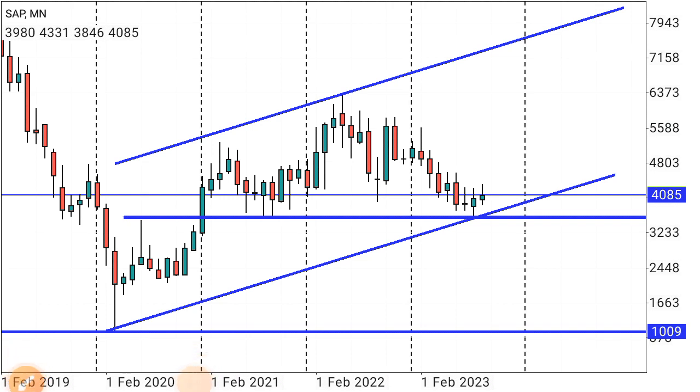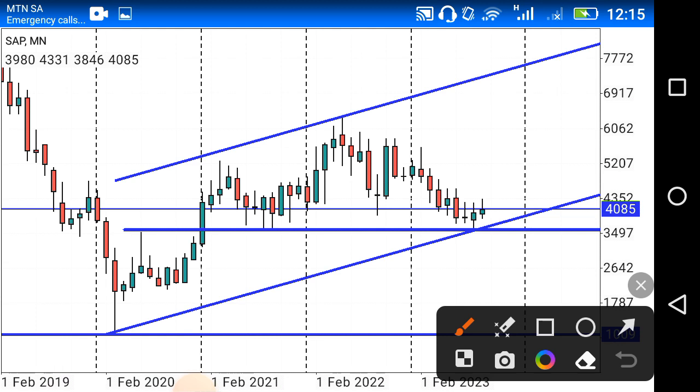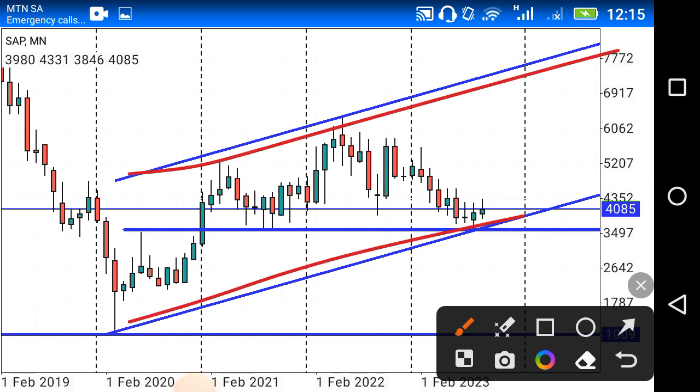Let's technically analyze SAP, and we're on the monthly chart. And the first thing that we can see in regards to this particular chart is that this particular stock is in an upward trend, as you guys can see, or an upward trajectory. And another thing that we can see is that the market had given us a very nice W structure over here,